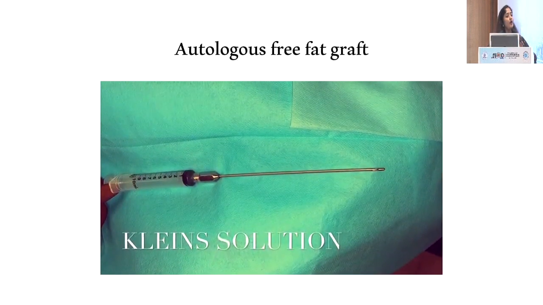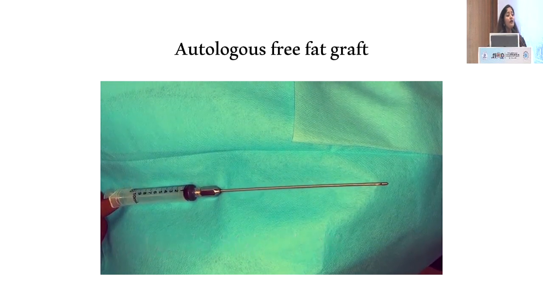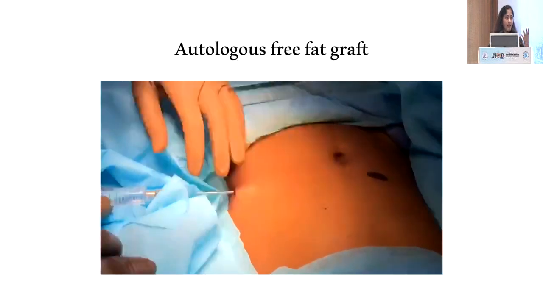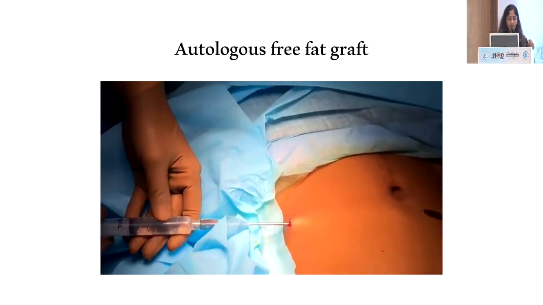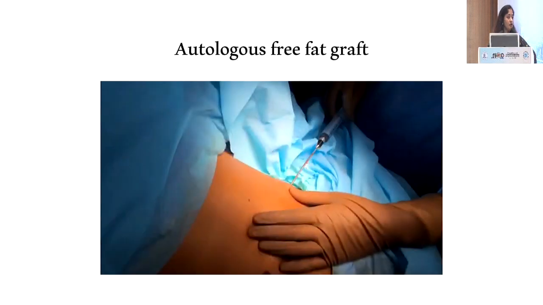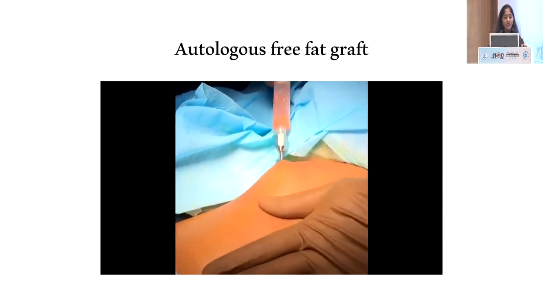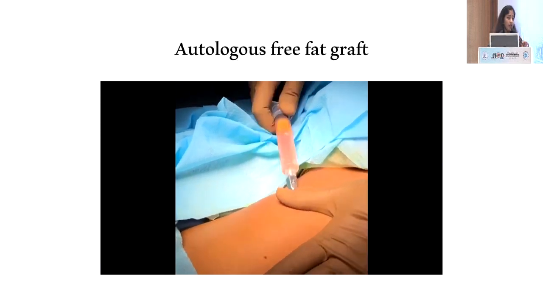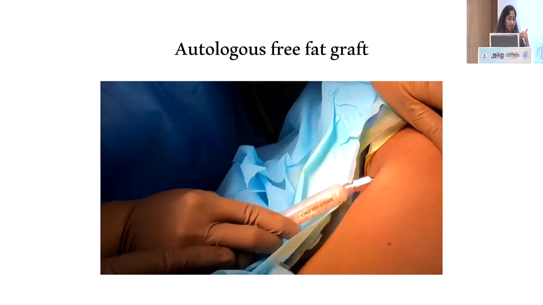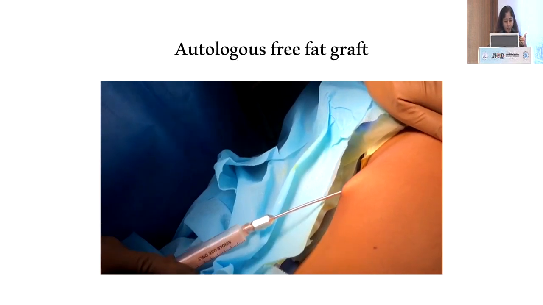Now I'll just quickly run through this video of autologous free fat because I think it does wonders when you have a volume deficiency. Also for the periocular skin, it actually enhances the periocular skin and gives a very good cosmetic outcome. We normally take it from the abdomen. We just make a small incision, use Coleman's dry technique to harvest the fat, and by centrifugation, we let the fat settle down and separate the serum from it.